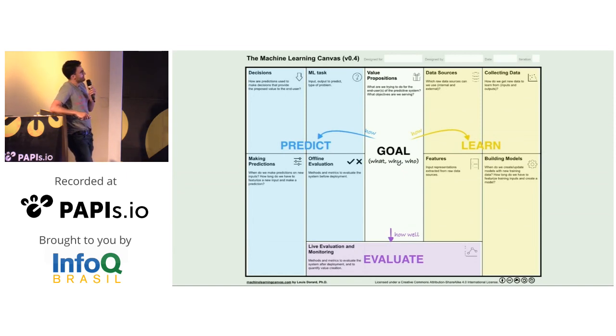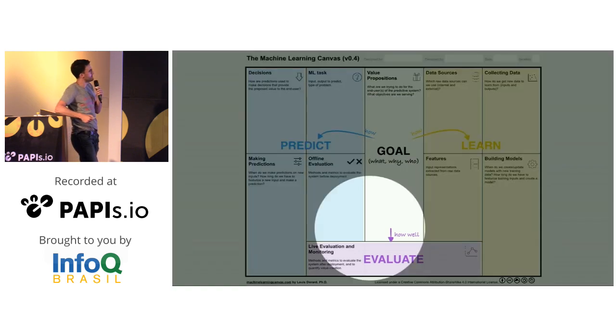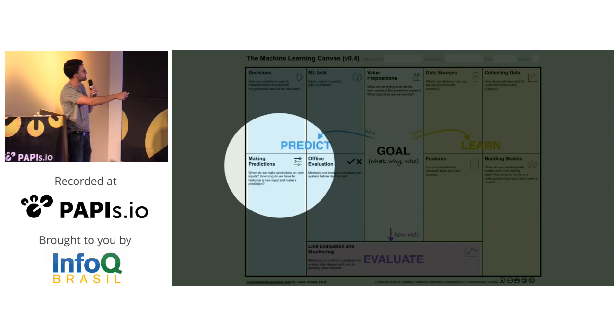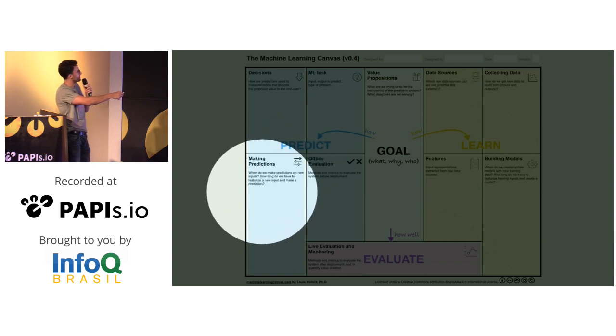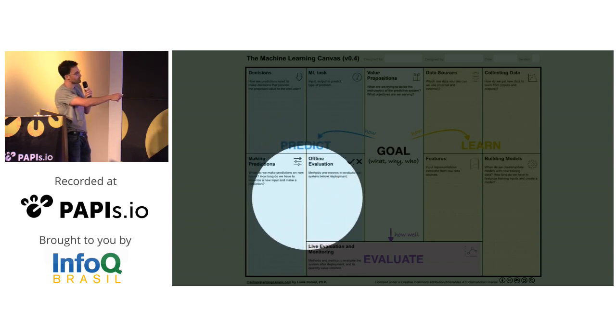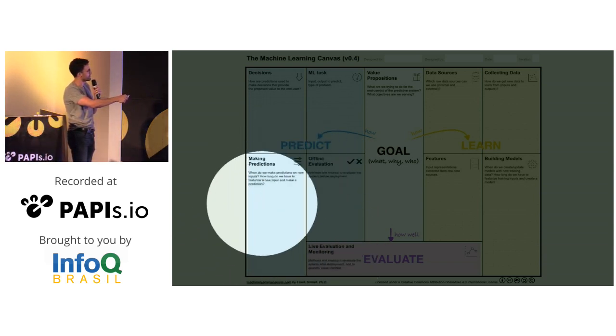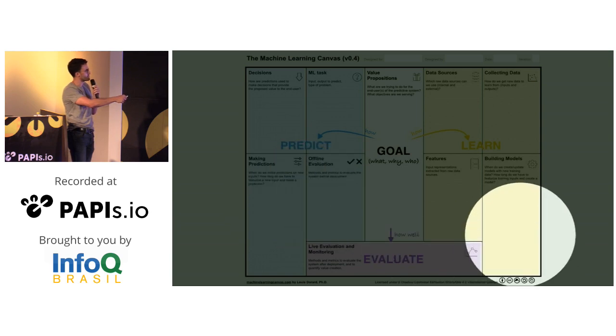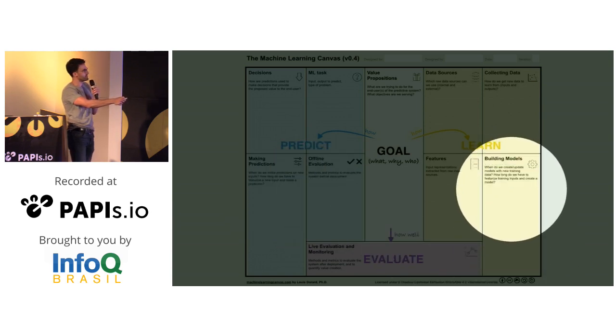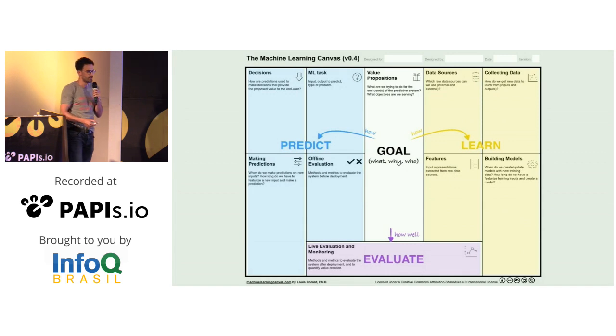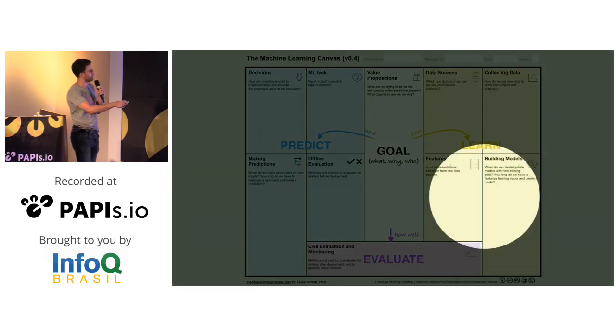So again, I'm going to make this presentation a little bit shorter than intended, so I'm not going to speak much about the other boxes, but let me say a few things. You've got a few things about making predictions: when you want to make them, how much time you have to make predictions, any time constraints, any technical constraints on the predictive engine that makes predictions, and also on the engine that builds models. How much time do you have to update your model, and how often do you want to update your model, those things.